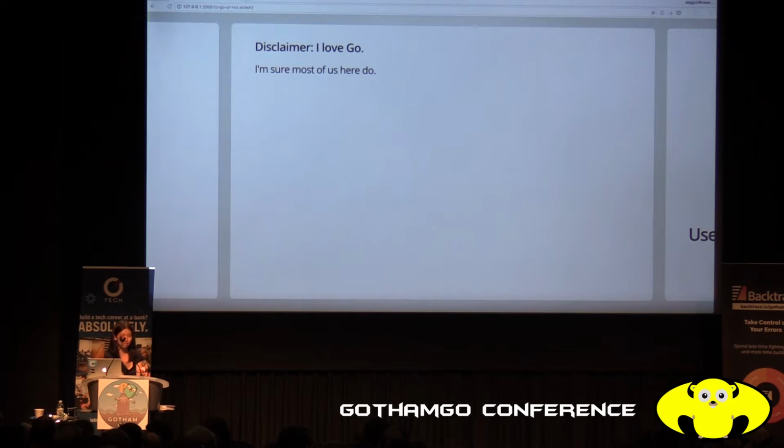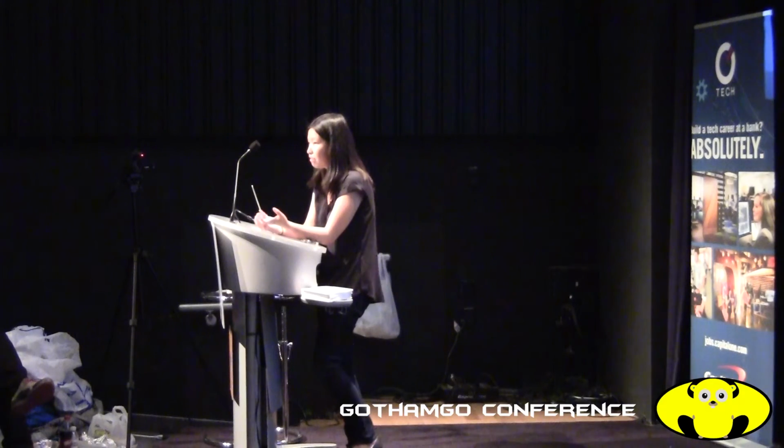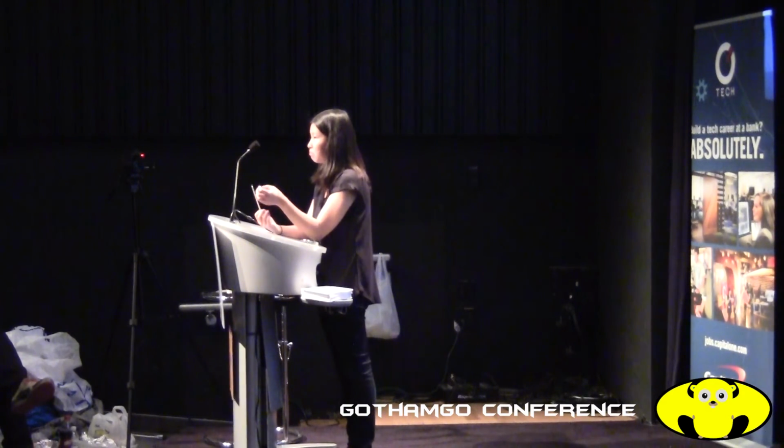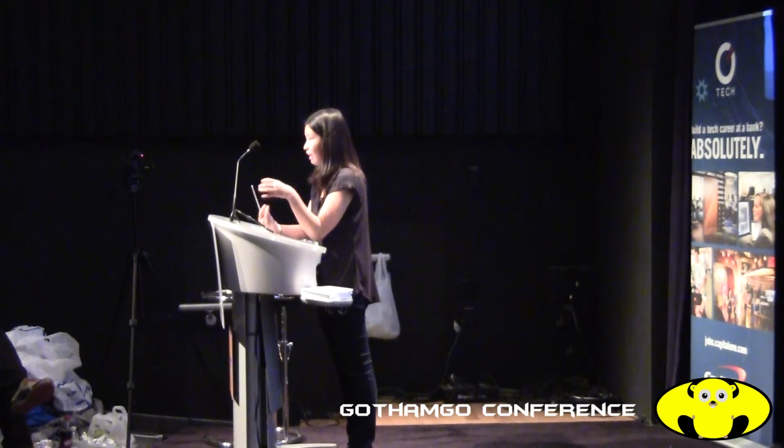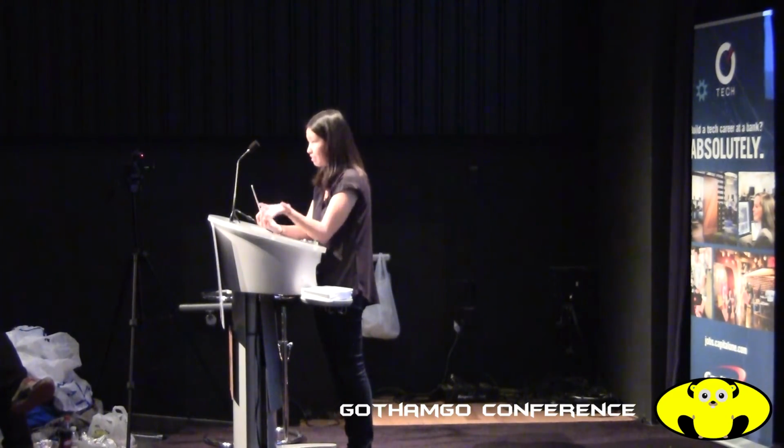I think this is true for a lot of communities. I don't think it's reflective of just Go itself. But what happens is we kind of hear the same motivations for using Go a lot. And I think those are really great because they really represent the design choices and the motivations behind the language in the first place. For example, we hear about the simplicity, we hear about how it's more performant than, for